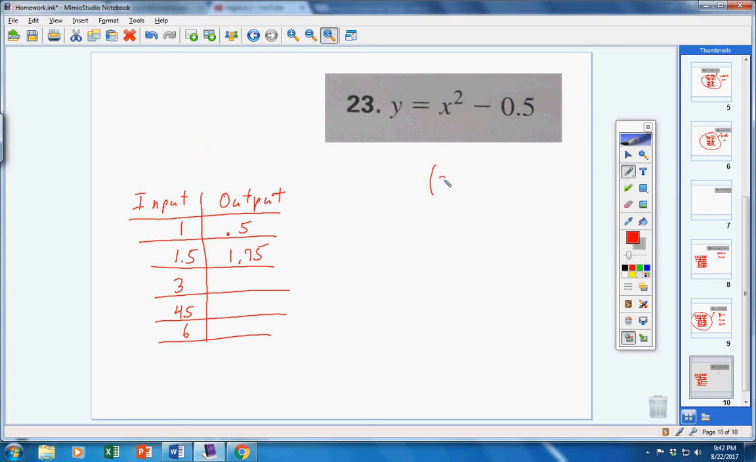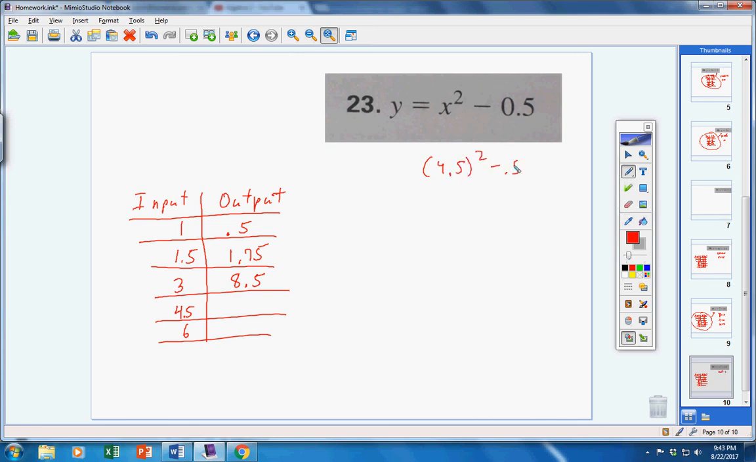So I have 3 squared minus 0.5. 3 squared is 9. 9 minus 0.5, so 9. My decimal is there, minus 0.5, so put a 0 here, put a 0 here. You can't do 0 minus 5, so make that an 8. 10 minus 5 is 5, 8 minus 0 is 8. 8.5. Bring your decimal straight down, 8.5. Alright, now let's substitute 4.5 in for x, so I have 4.5 squared